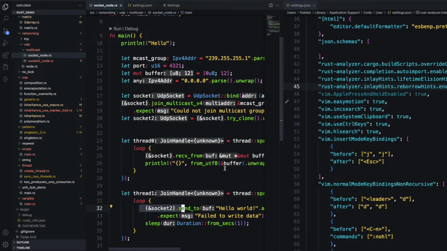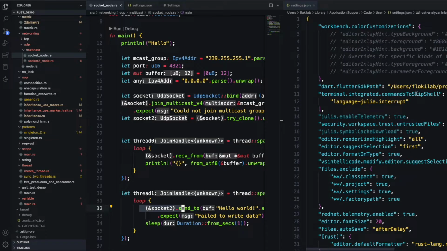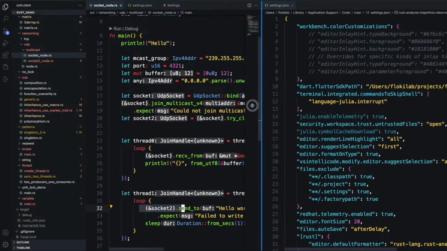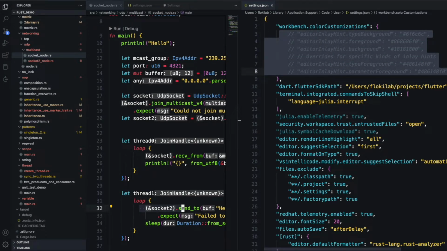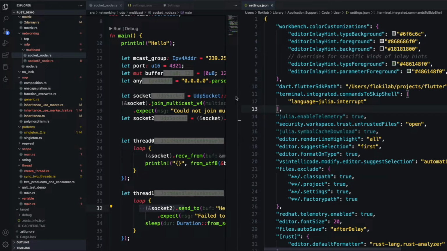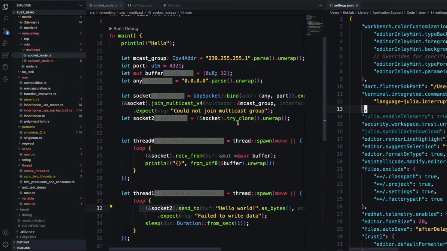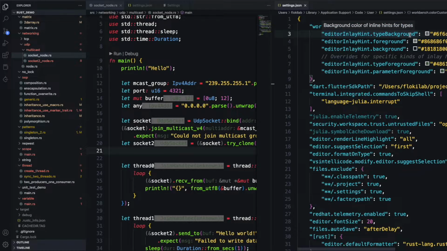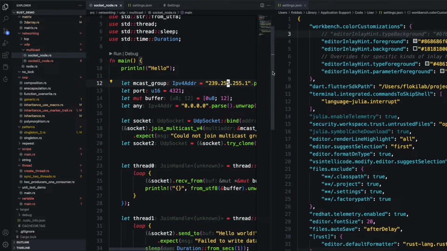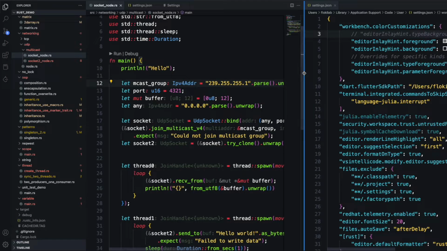But you still see that this one is very lumpy, right? A lot of inlays, hints in your code. So after doing research for a very long time, I figured out that we can actually change the inlay background into something more beautiful. So we see here the color is changing, right? Okay, let me remove one thing. This one is duplicated, I think. Yeah. So you see after changing this one,